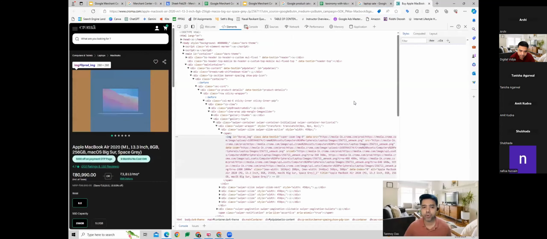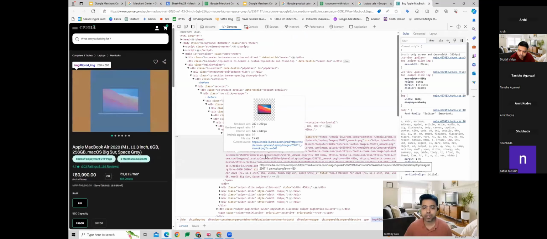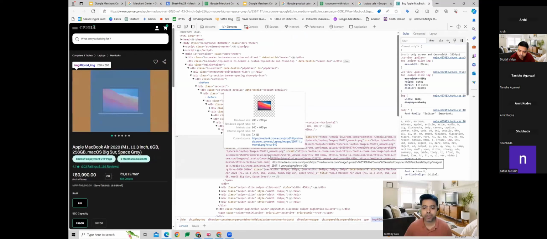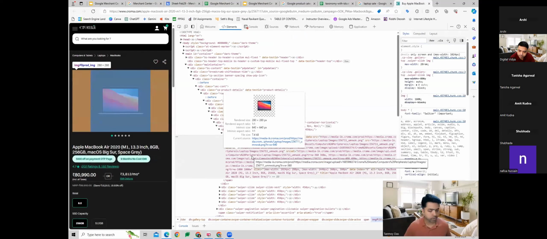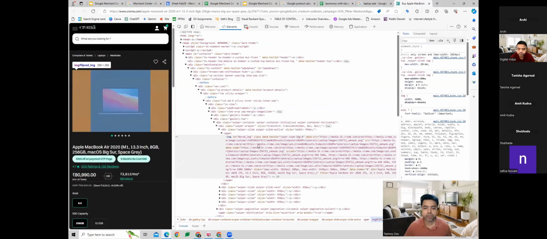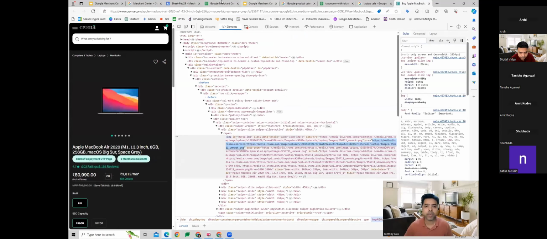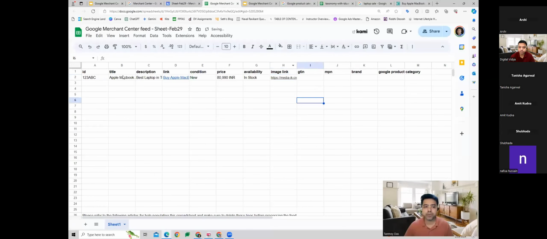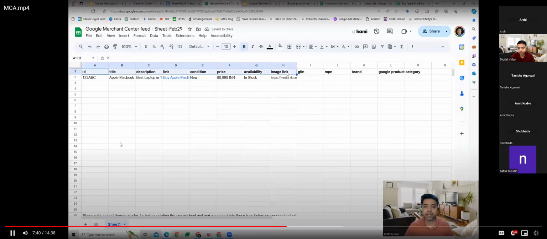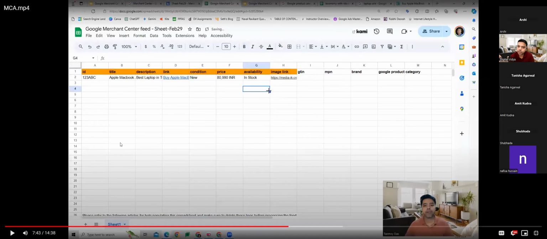So when we go into the page, we can see that as well. So this is how the image link is going to be, specifically speaking, which you can use out here. So this PNG file, which we are taking, we can put it out here. So these are all the mandatory requirements which we will have to provide. Does this make sense so far? Able to understand what's happening?